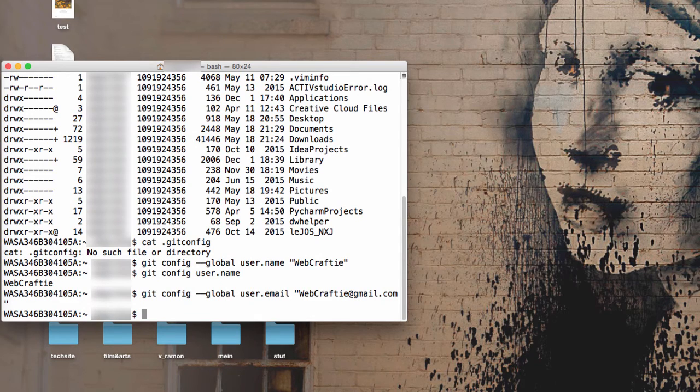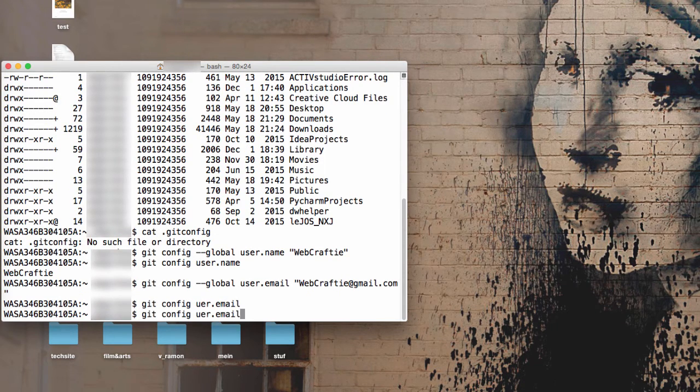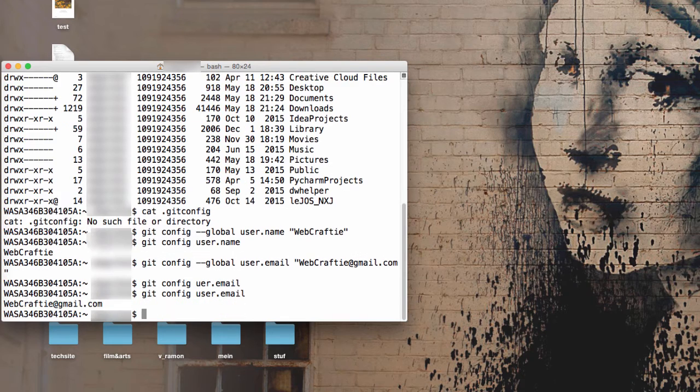Everything looks okay. If I want to check that, git config user.email, which would have worked if I didn't typo, user.email, there we go. So it matches. And now if we do git config --list,